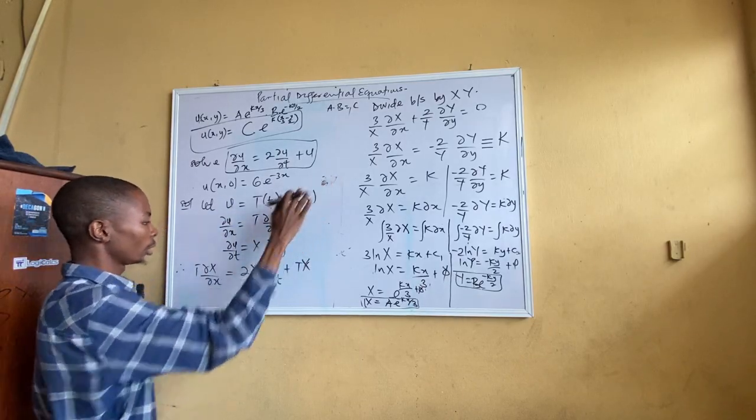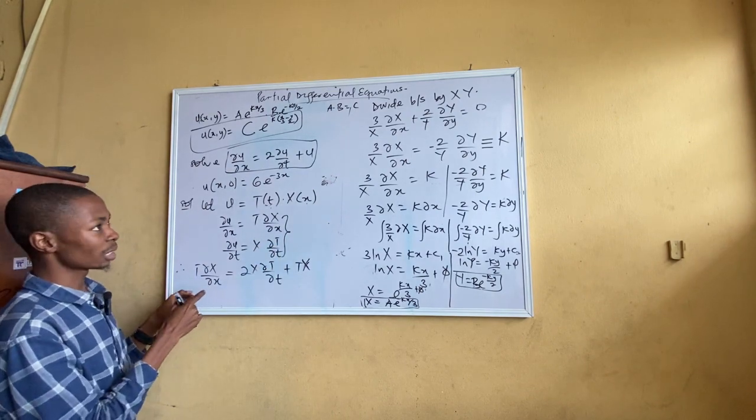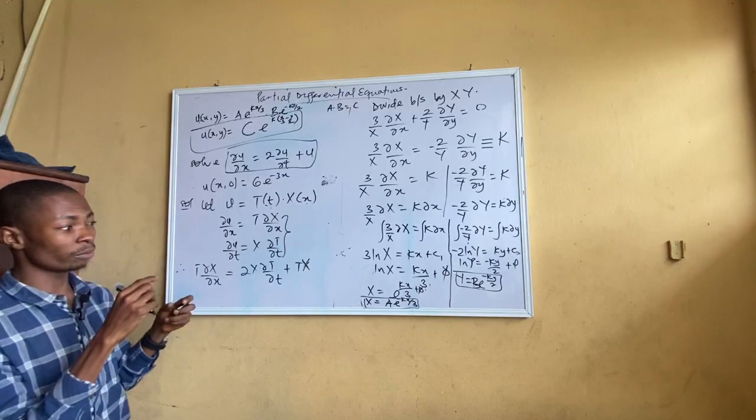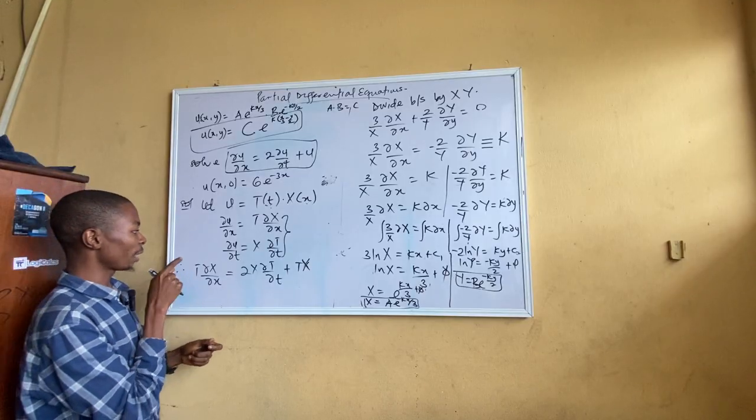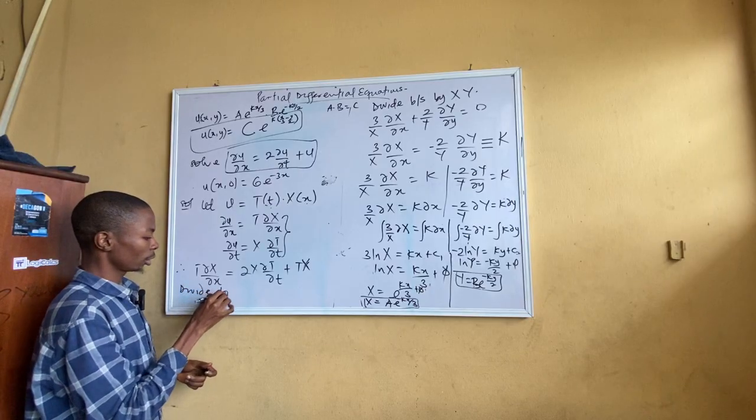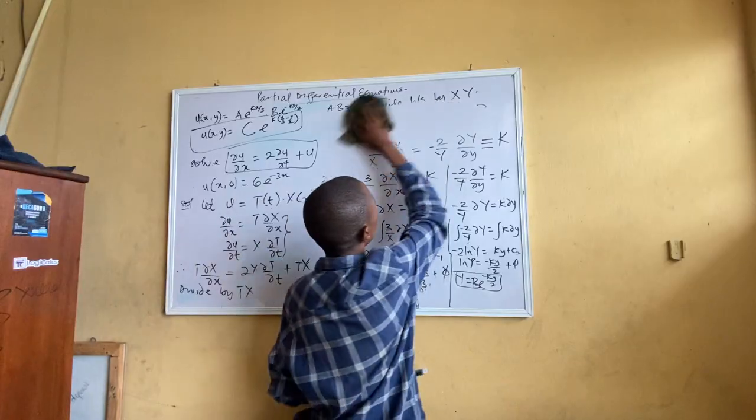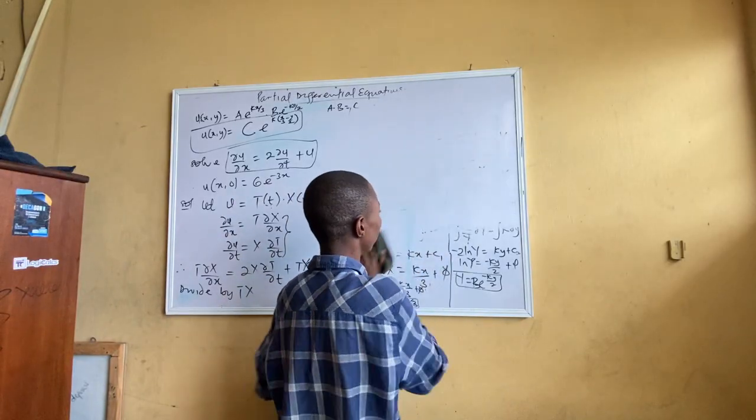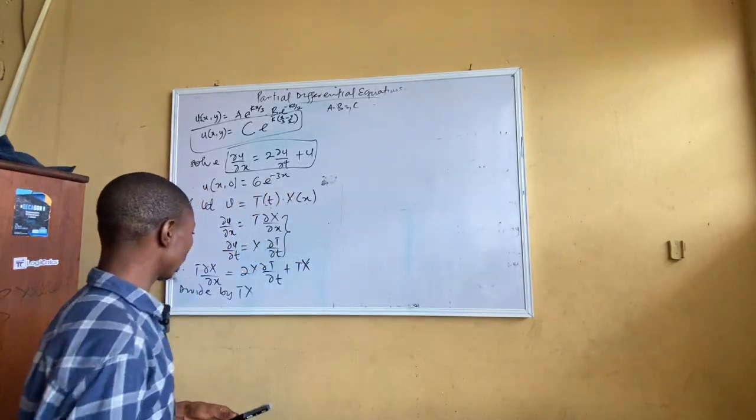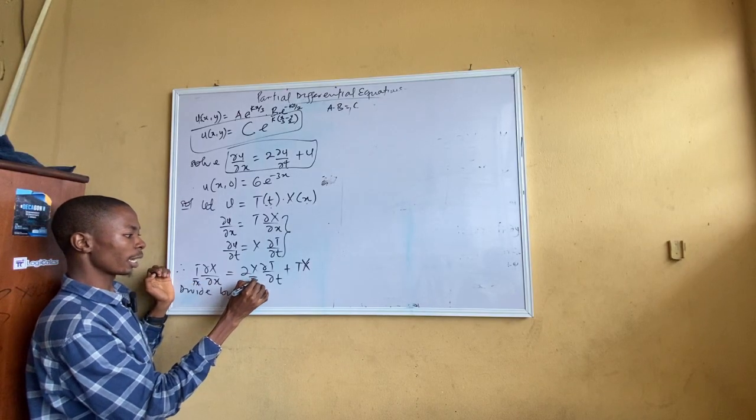All right. What are we going to do now? What I said earlier: you divide by what this time around? In the previous example, we divided by xy. This time around, we divide by Tx. So when you divide by Tx, automatically the variables will separate. If I divide this one by Tx, and this one by Tx, and this one by Tx,